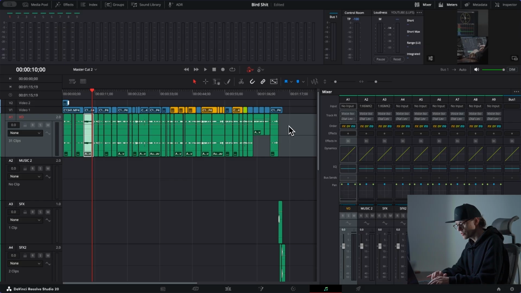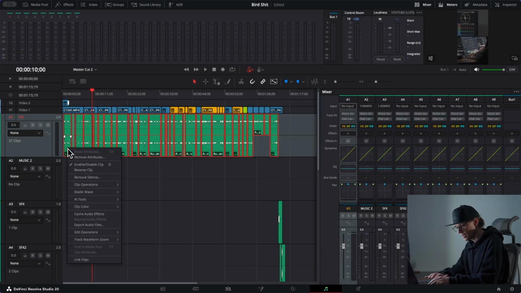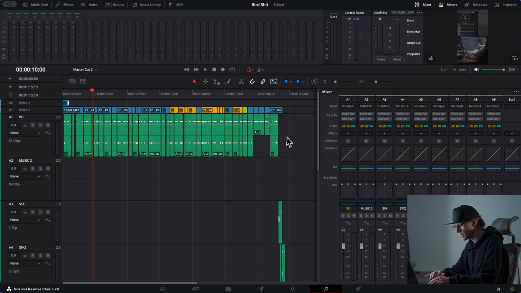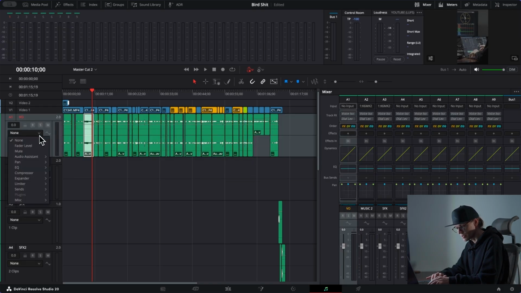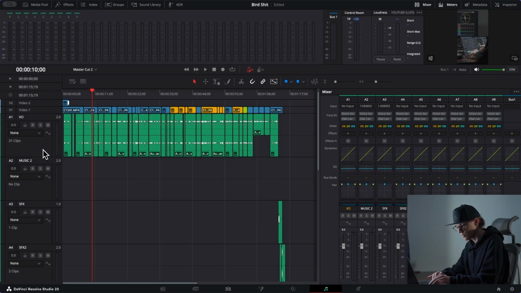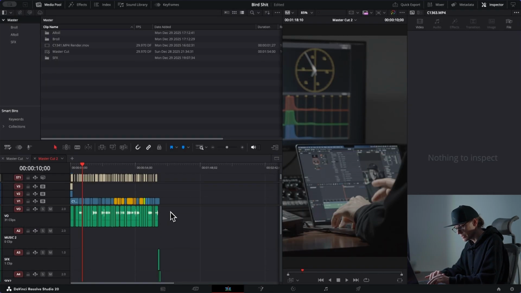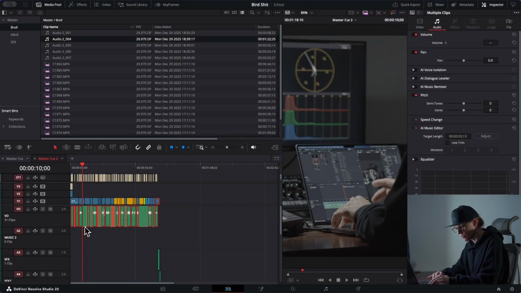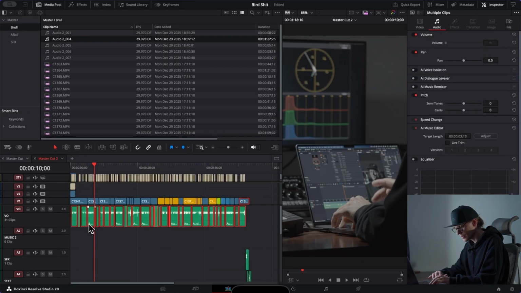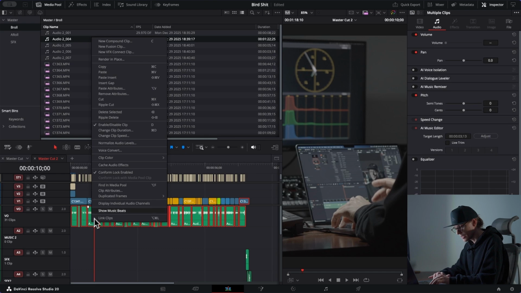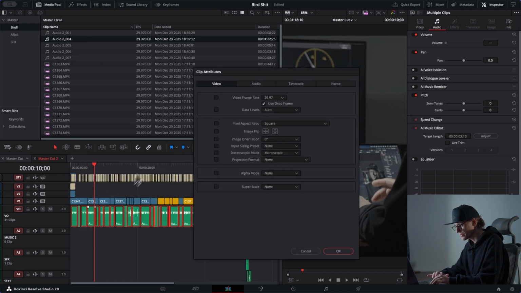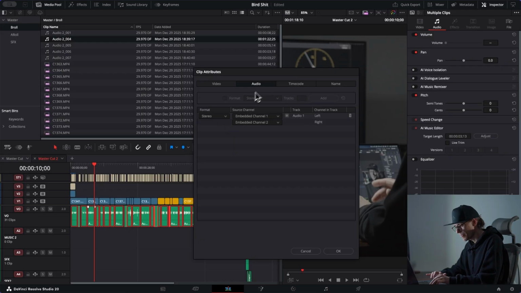Okay, so the first thing I will do is highlight them all, and I don't actually know how to do it here. I'm just kind of lazy that way, but let's go back to Edit. Again, let's highlight all my voiceover tracks, and right click, I go to Clip Attributes, I go to Audio, and